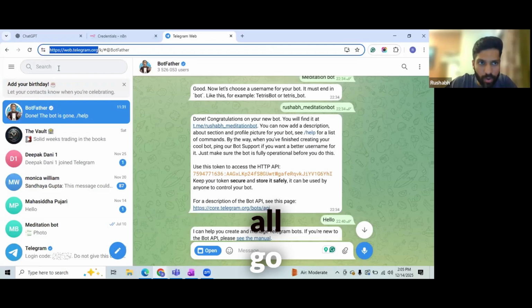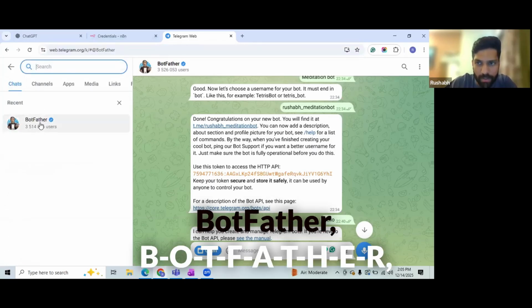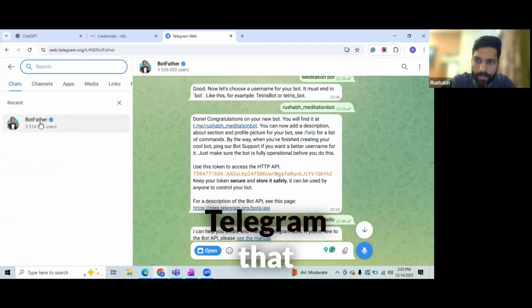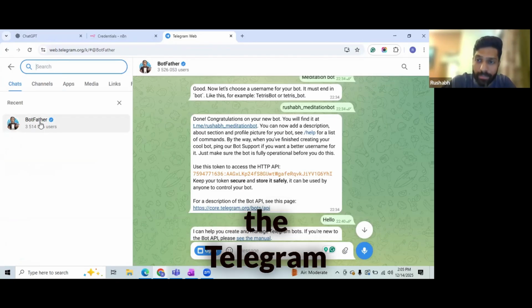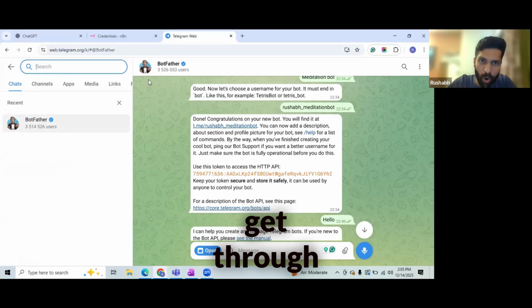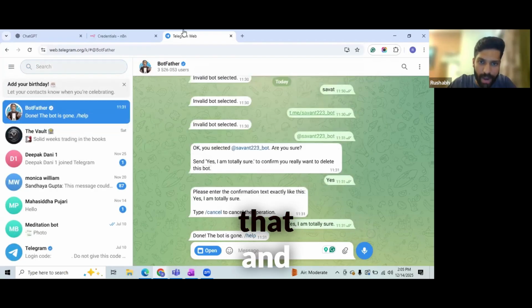The rest of you, go over to your search bar and type BotFather, because BotFather is the entity on Telegram that will allow you to create bots. They'll give you the Telegram access token. You need an access token from Telegram to be able to create Telegram bots, and you'll get that through BotFather. So search for BotFather, and it looks something like this with a verified tick mark. It has 3514526 users. Click on that